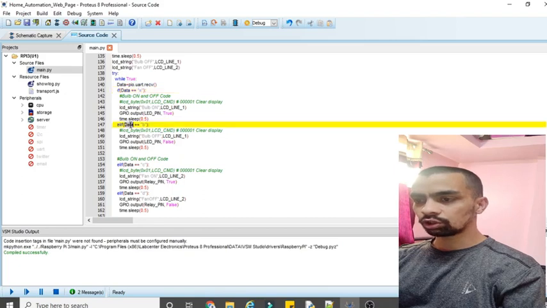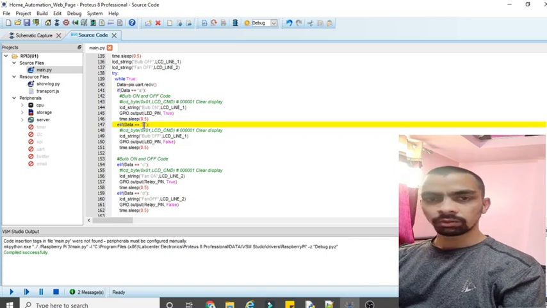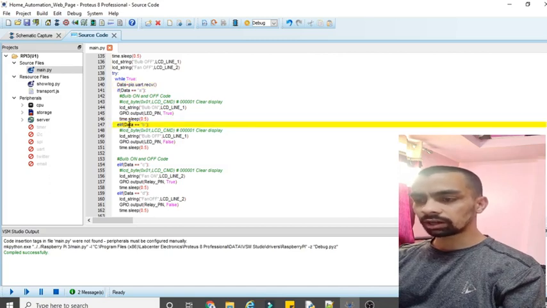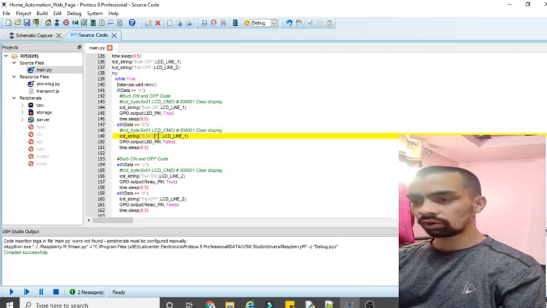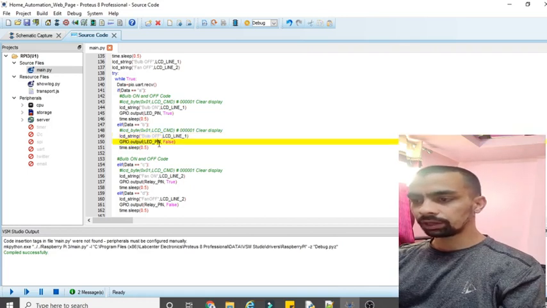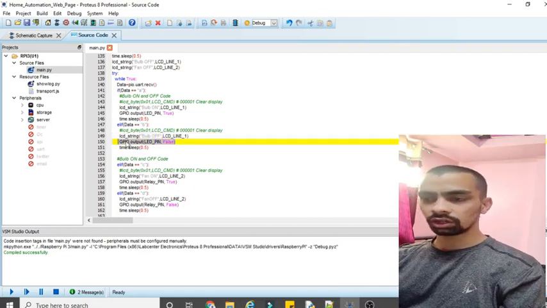Now if data is equal to B, means the LED off button, that is light off button, pressed by the web page. So once we press the LED off button from the web page, then the receive function receives the B value, and that B value gets stored into data. If here we compare data is equal to B, so if that value is equal to B, means we have to print LCD string bulb off on LCD line number 1. Then we have to turn off the LED. To turn off the LED, we have to use gpio.output LED pin to the false. So in this way we will turn off our LED.